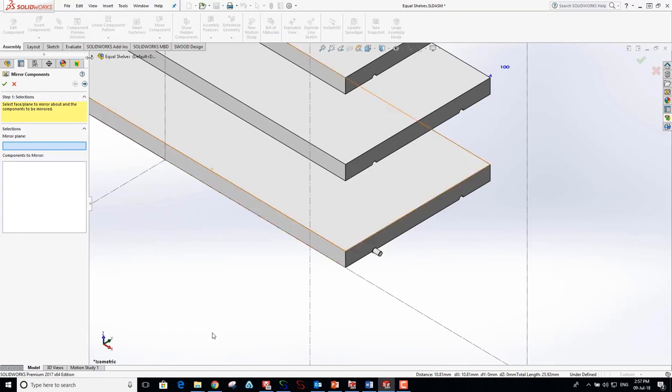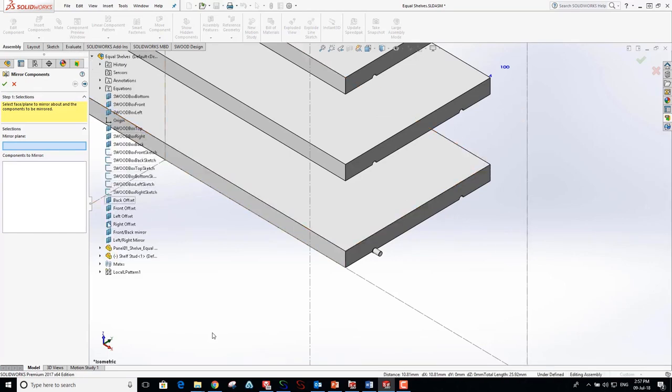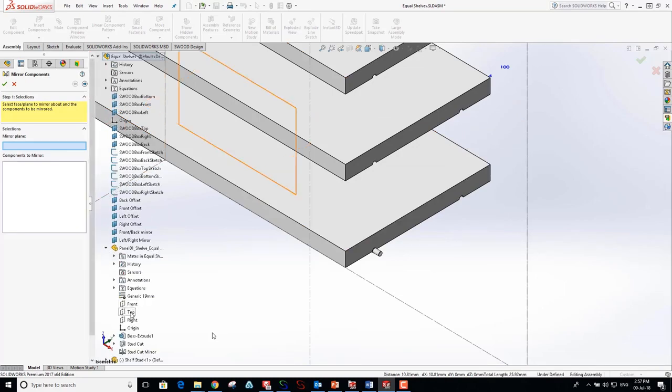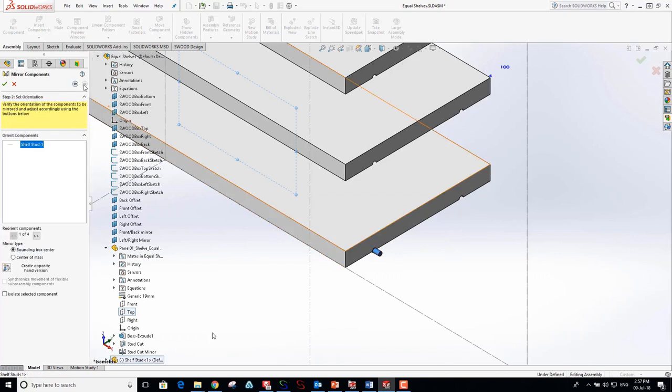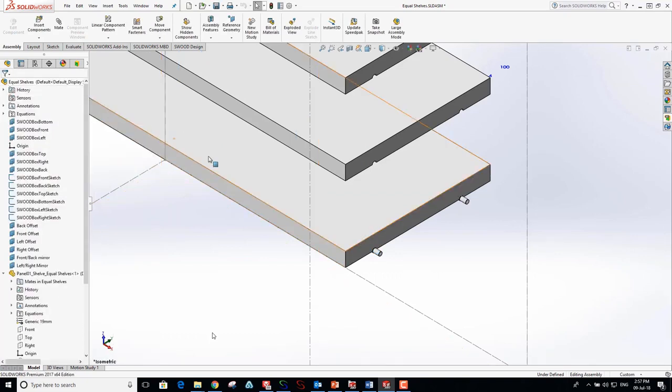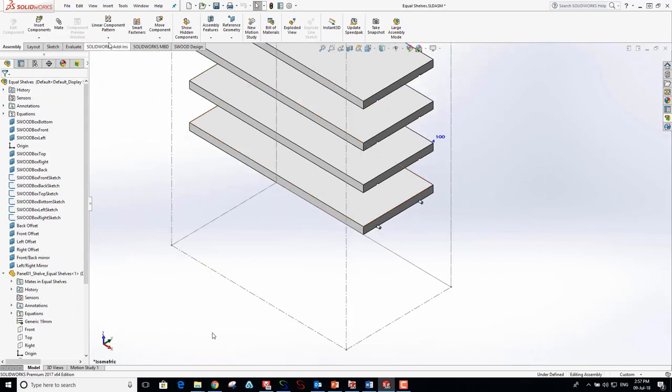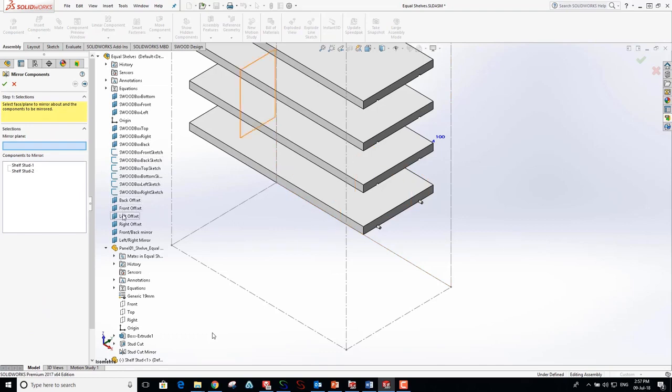So just using the mirror component here, I'm just going to select the plane that I want to mirror the component about, select the component itself, and then confirm the command. Having worked from front to back, what we'll do is replicate that procedure, this time going from left to right. So we're just using those mirror planes we created earlier. You'll see it's picked up the two shelf studs, and as we confirm these,